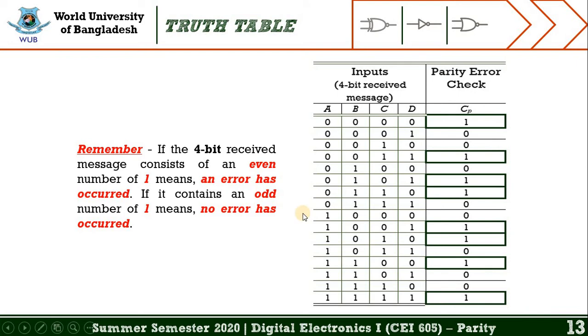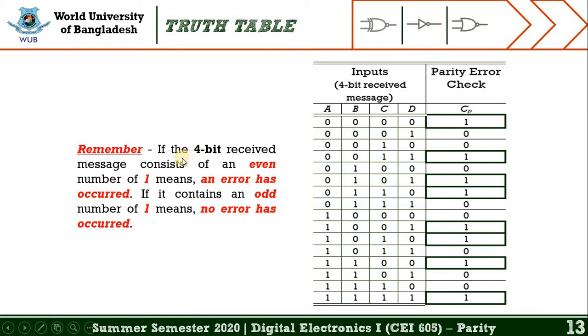Now, from this slide we may learn the truth table of the odd parity checker, and we have already known that the number of inputs of the odd parity checker is 4. That's why we can get the 16 combinations of the 4 inputs. And one thing is important for you guys, you have to remember these things for the truth table of